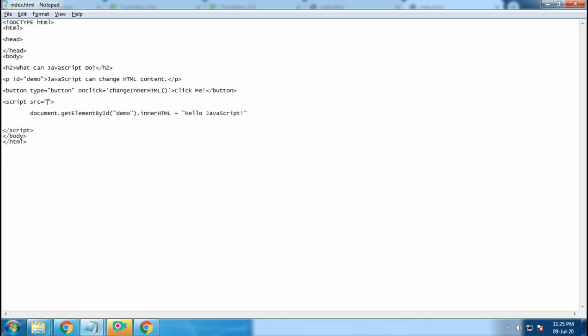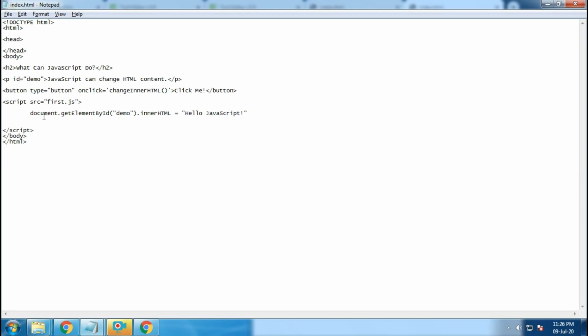So here you can give the path of a JavaScript file. I'm just creating one JavaScript file, naming it first.js.